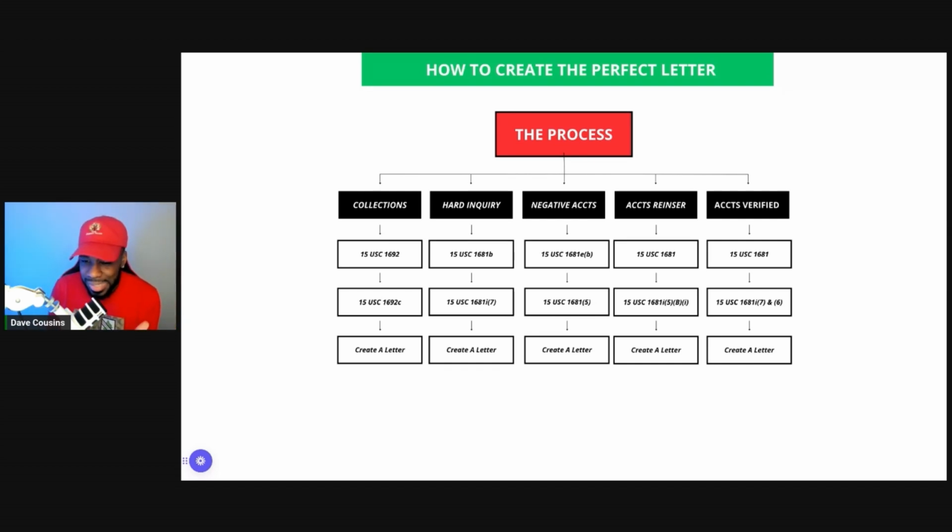Now, back to what I was saying. Creating a letter is just based off of what happened and based off of what law. All you have to do is say, hey, if this happened, let me go to this specific law and use this specific law to actually create my letter and then send it. Now, like I said, everything ain't guaranteed, but now you have the laws. The credit bureaus can't say that they never got it. And you have the information. And if you need to sue somebody, guess what? You will most likely